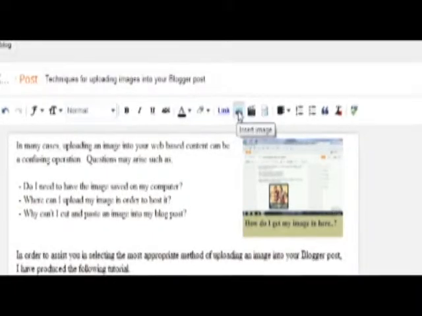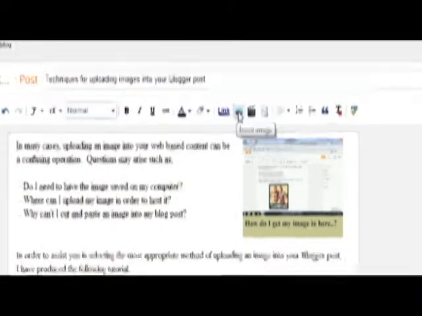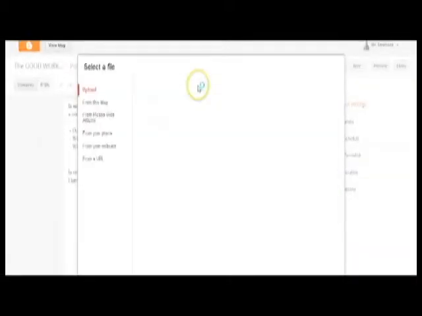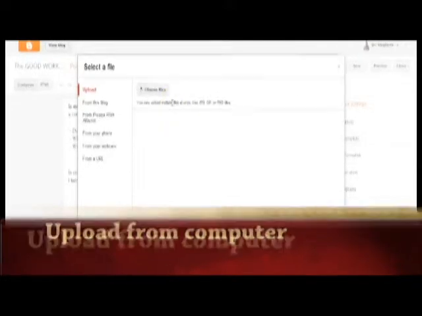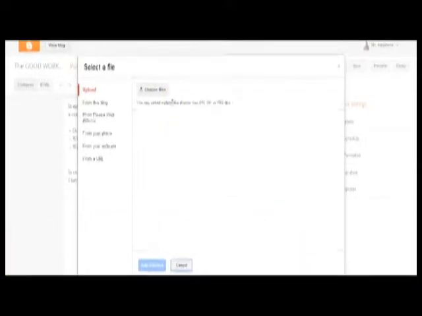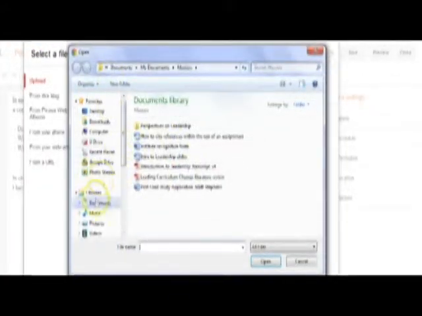Okay, at the top here in the menu bar you can see I have an option to insert an image, and clicking that is going to direct us to the 5 or 6 different ways that we can do this. You can see the first option says I can upload a file directly from my computer. So if you have the image saved on your computer, if it's an image that you've created on your own in Photoshop or Illustrator for example, you can simply choose the file, navigate to that file,